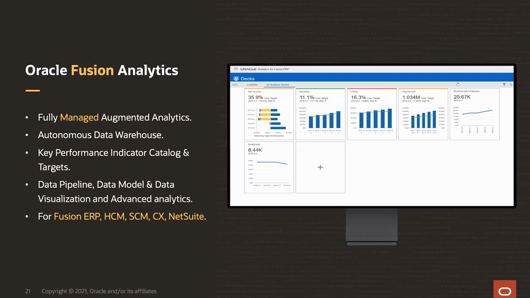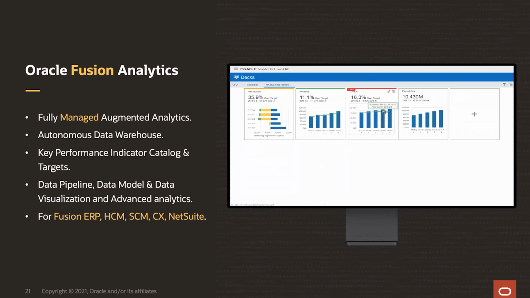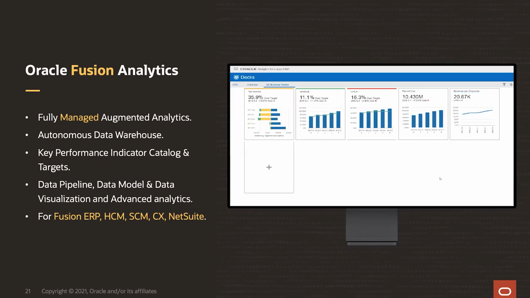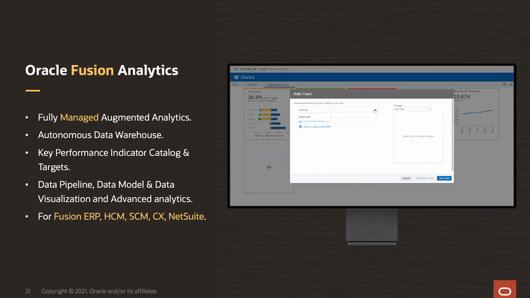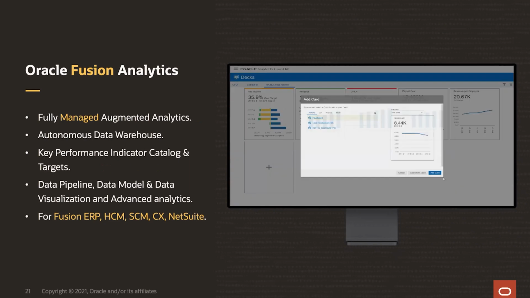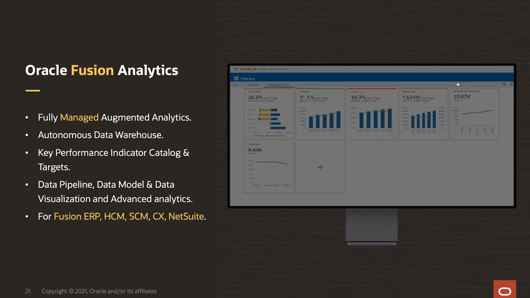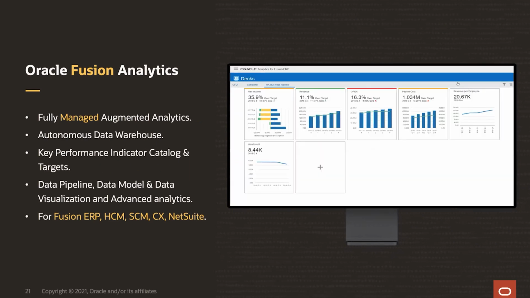We have also Fusion Analytics Warehouse. Fusion Analytics Warehouse, it's really a bundle. We take care of the data pipeline for you. We load all the data from Fusion ERP, Fusion HCM for you into an autonomous data warehouse that we set up for you. And then we create an instance of Oracle Analytics. And after doing that, automatically we create the dashboard, the drill down. Your VP, your CIO, your CFO can go to a standardized view and drill down into any KPI. You can put target on the KPI. It's booming right now. Most of customers using ERP Cloud, HCM Cloud are moving to Fusion Analytics Warehouse. Again, we have a demo right now, so stay tuned.